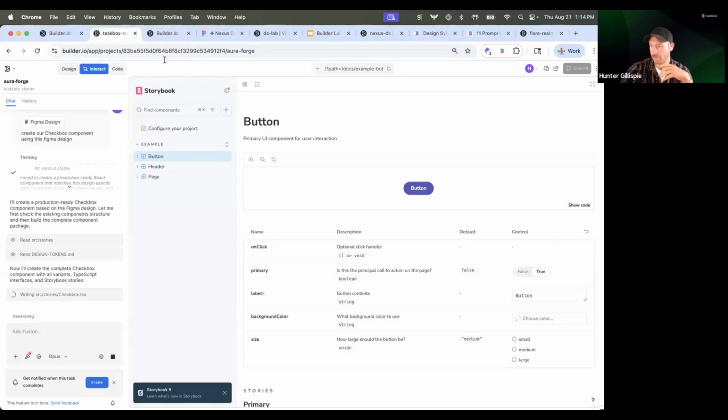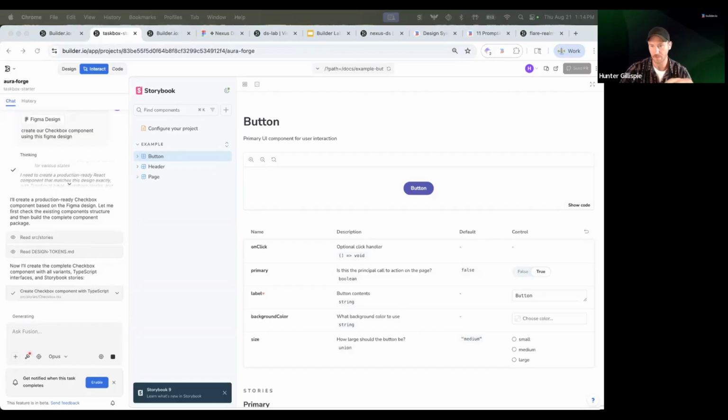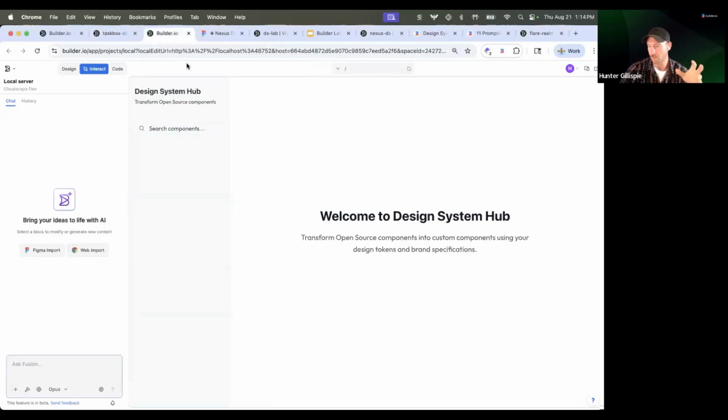All right, and so moving on to our next example, while this one is running, instead of watching the paint dry, we're going to move along. This is something that's come up with a few of the folks that I've talked to. Their code components are very out of date. They want to modernize, they want to use AI tooling. So they've adopted various open source code component libraries, ShadCN, Material, Quasar, Mantine, you name it, but they use those